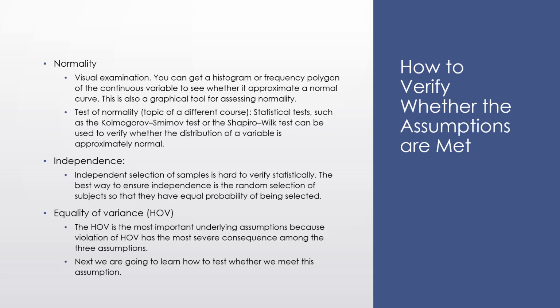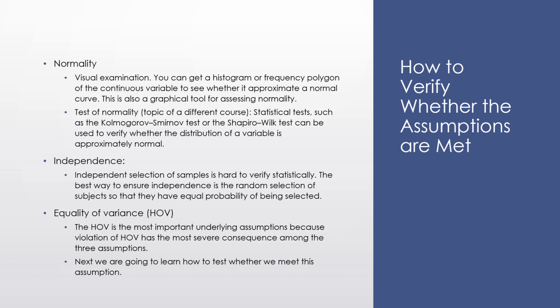Second, independence. This assumption requires that subjects in the samples are independently and randomly selected so that the sample data are an accurate representation of the population. Independence is necessary for a more accurate estimate of the standard error. However, independent selection of samples is difficult to verify statistically. The best way to ensure independence is during sample selection, making sure that subjects have an equal probability of being